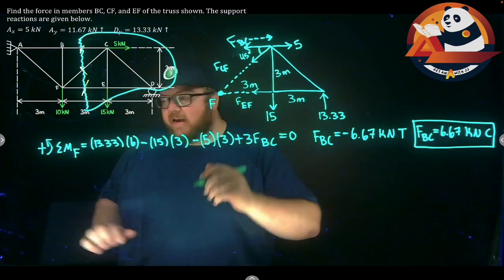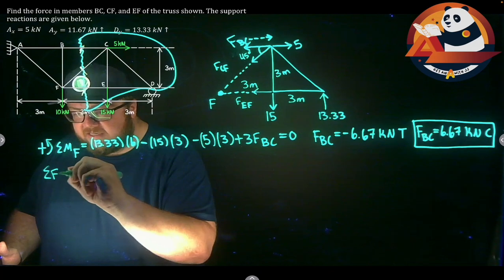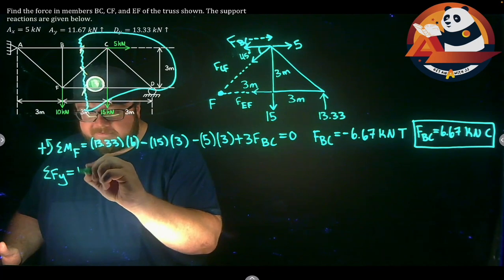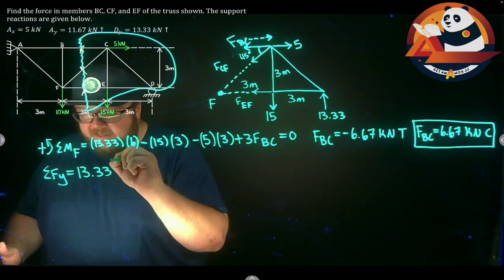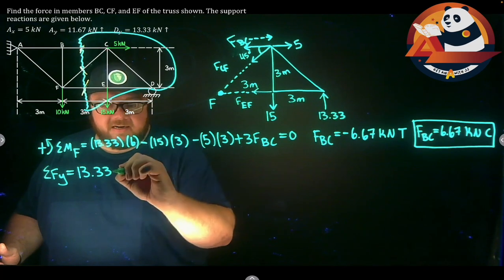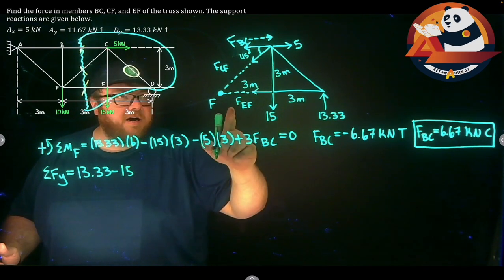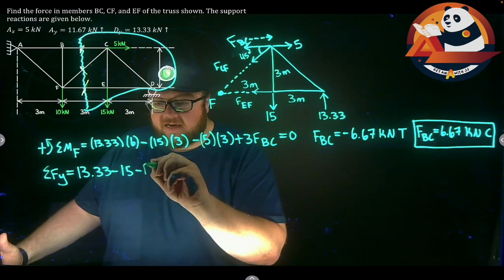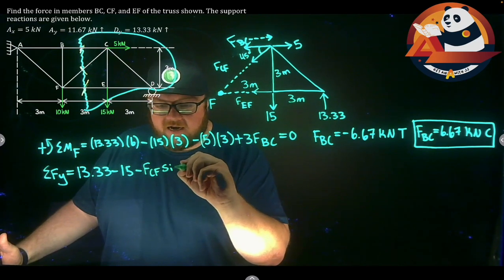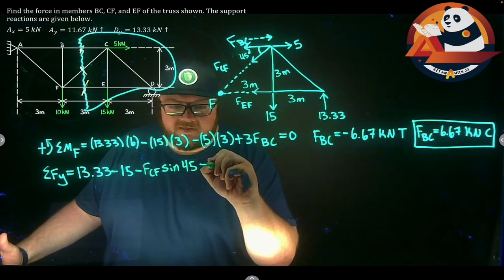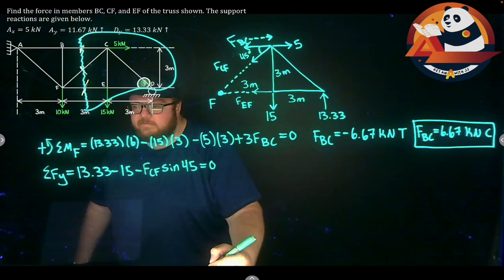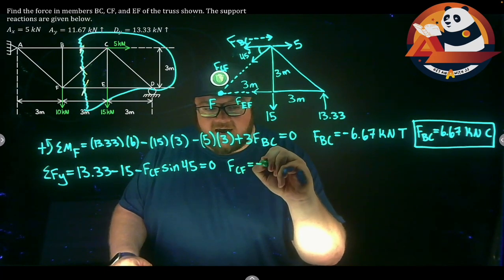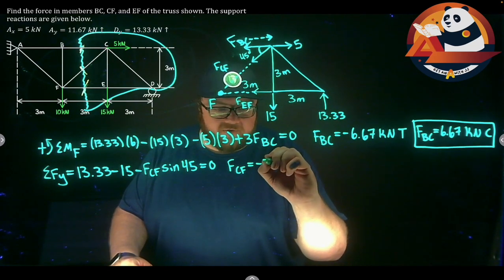Let's sum forces in the Y, and I'll get FCF out. If I sum my forces in the Y direction, I have 13.33 going up. I have 15 coming down, minus 15. The only other Y force is FCF, so minus its Y component. Minus FCF sine 45 is going to get us to 0. Solving for FCF, I would get that FCF is negative 2.36